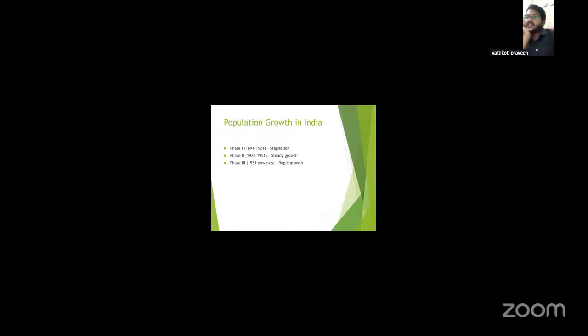In the 1981 decade, our country's population increased by 161 million. India's population in 1991 was nearly three times